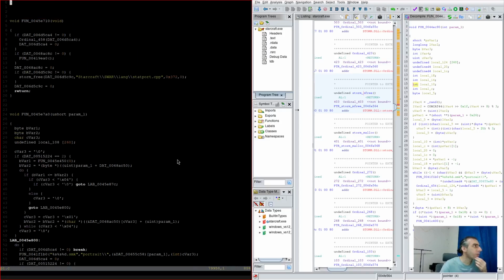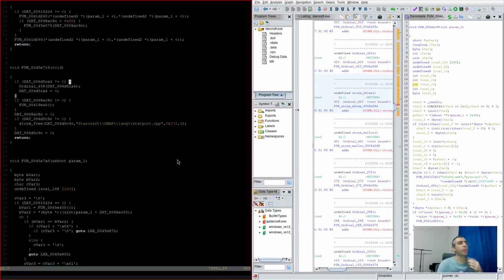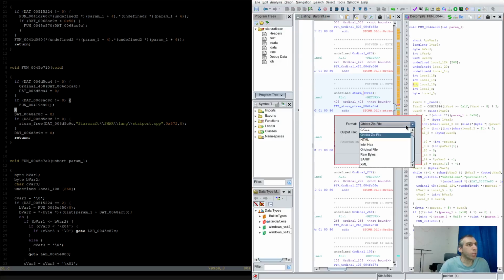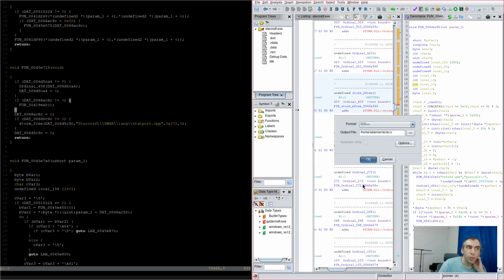Okay, free. So after that, we'll export the program again as C code. So it will have these modifications. Now I already did that, and